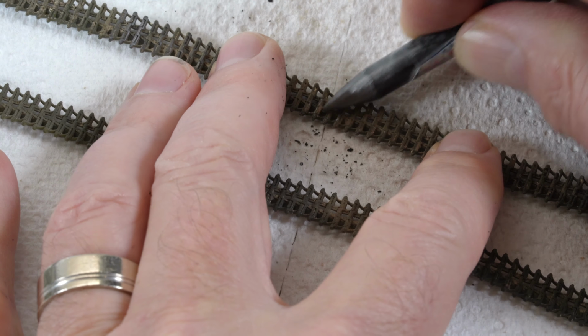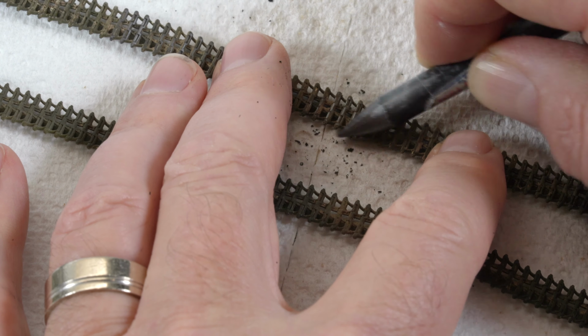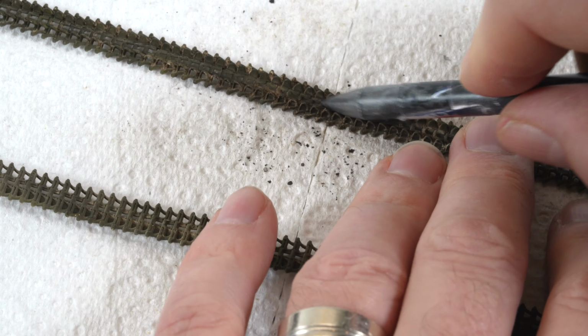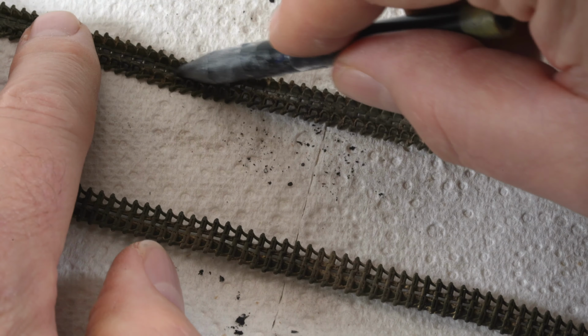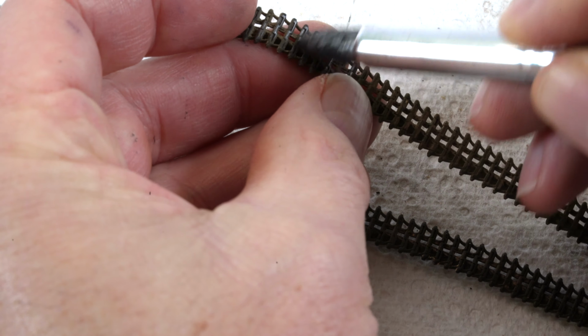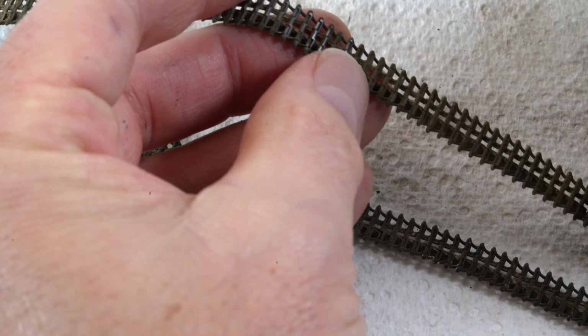This is a super simple process and is achieved by running the edge of a graphite pencil across the high points of the track. The process is then repeated on the inside sections of the track where they would have rubbed against wheels and drive sockets. A silicone brush and gunmetal pigment can also be used in combination with the pencil. It's also possible to use the tip of your finger, but the silicone brush and the pencil just give you